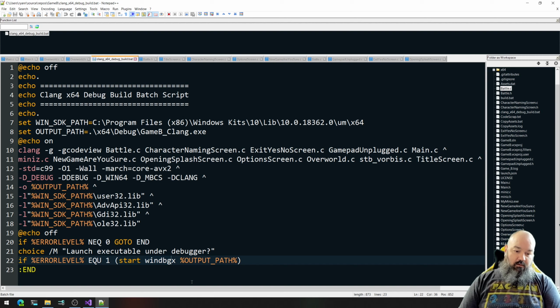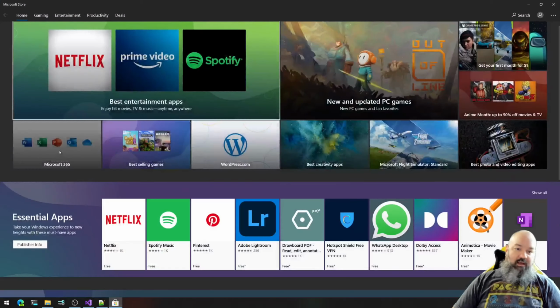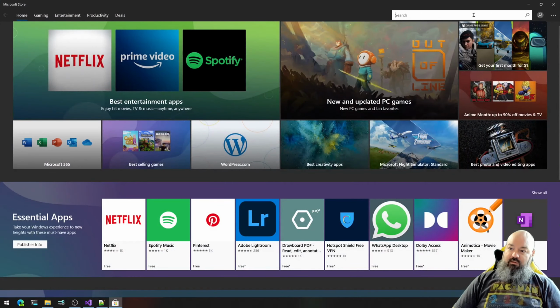Okay, so the team that has maintained the WinDBG debugger for the last several years has only been working on WinDBGX, no longer maintaining the old version of WinDBG. So I don't care if you like the old version better. Eventually, you're going to have to move forward with the new version. And if you don't remember from the last episode, you can download that from the store, which I think is kind of dumb, but